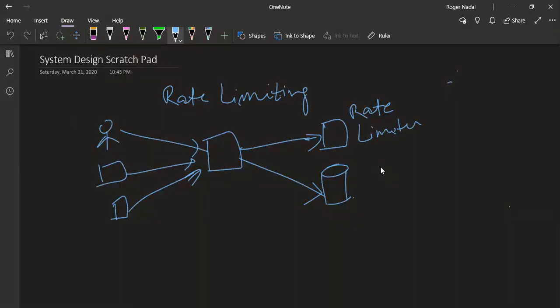Can we handle distributed DOS or not? That is a lot of questions, and if we design a proper rate limiter, that will be a question in itself. But let me just give a basic idea, something very basic, like how the request will flow. Suppose a client made a request. Before serving the request, should I look at my rate limiter, whether he has breached the limit or not, and then allow it?